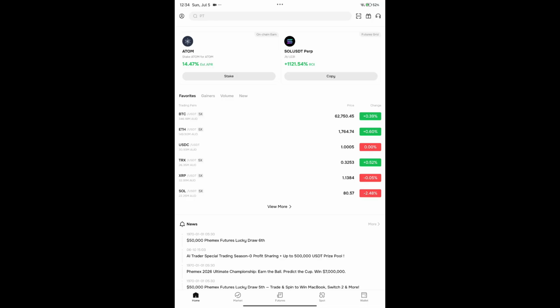Full screen mode in Phemex gives you a larger view of your trading chart, making it easier to analyze price movements, add indicators, and place trades with fewer distractions. So in order to do that, first of all, launch the Phemex app or visit the Phemex website and